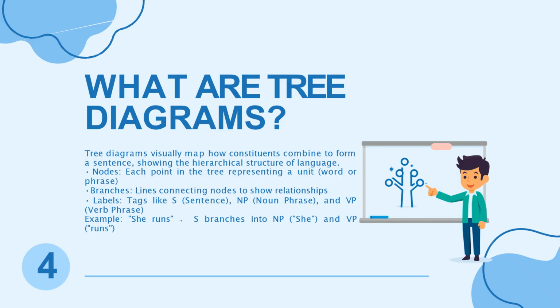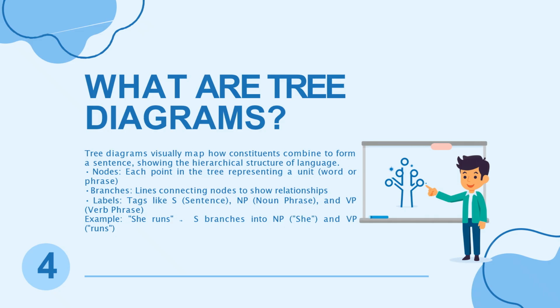Number one is nodes, points that represent words or phrases. The second one is branches, lines connecting elements and showing relationships. And number three is labels, symbols such as S for sentence, NP for noun phrase or VP for verb